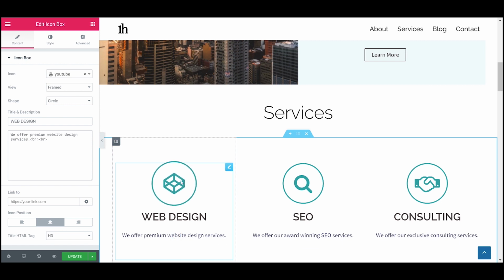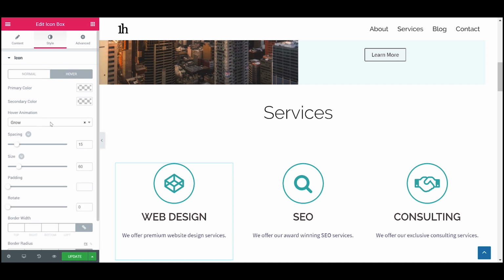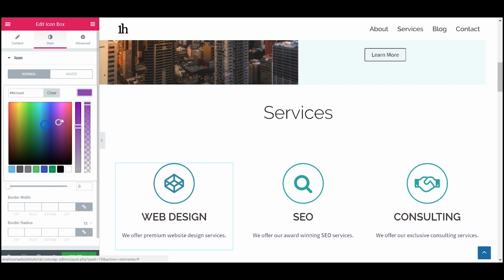Now you notice it's got this little hover that happens when I put my cursor over it. So if we actually go to style, you'll see that there's this thing here called hover, and if we go to hover animation, we can change it to whatever we want. So we could have it shrink when people hover over it. We can even change the colors. So just say we wanted to change the color of our button. We wanted to make it